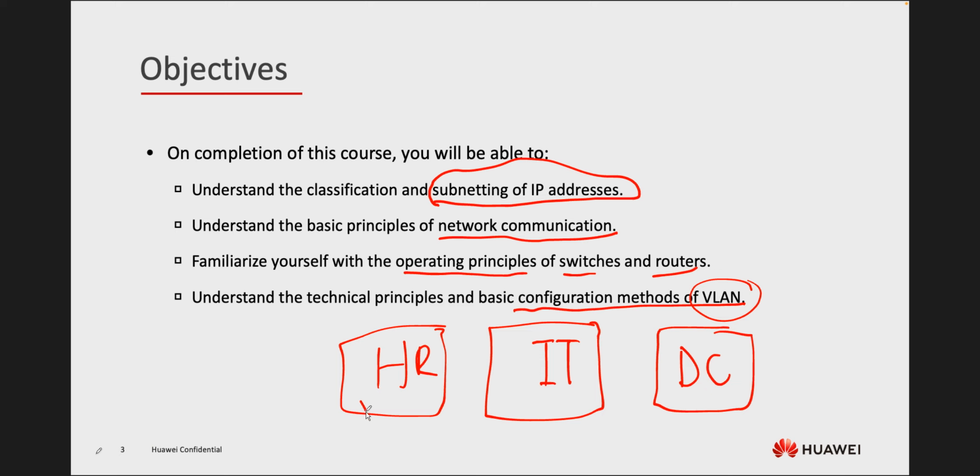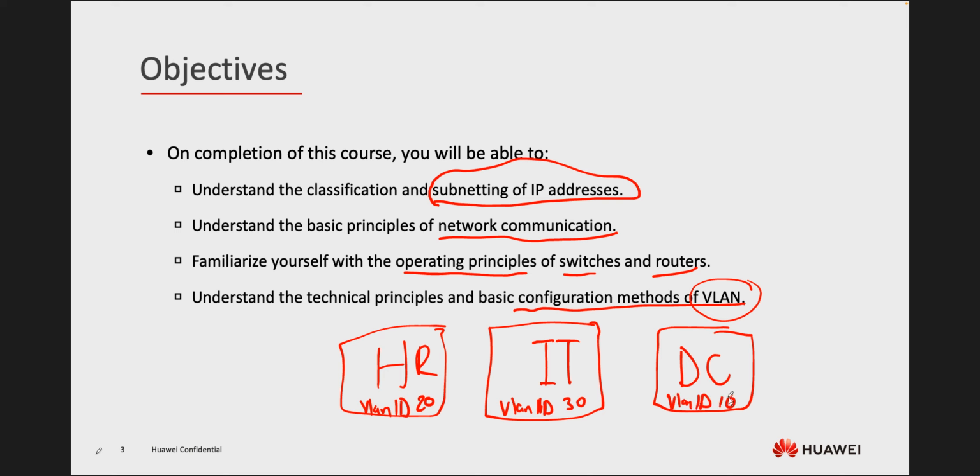So you would create a VLAN. So you would say the VLAN ID here for HR might be, let's make it 20. And then IT's VLAN ID would be 30. And then the data center would be 10. So you would just say VLAN